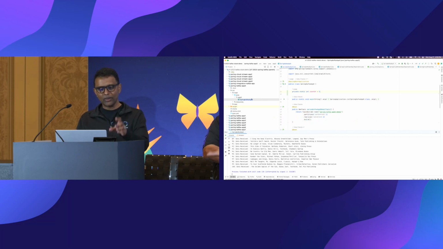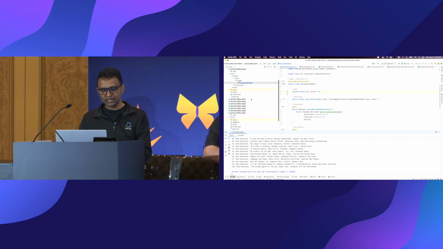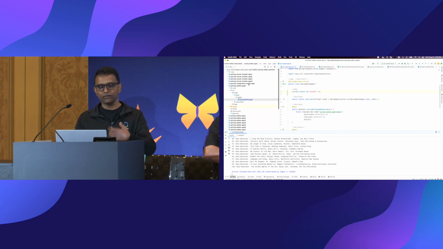The way it's named is that by looking at the name of the sample application, you know what project it's referring to. If you say Spring Kafka app, you know that's exclusively for Spring Kafka. Then there's a Spring Integration section where you can see how Spring Integration Kafka support works. And then there are a few Spring Cloud Stream apps that show both the Kafka and Kafka Streams binders. So let's look at this,